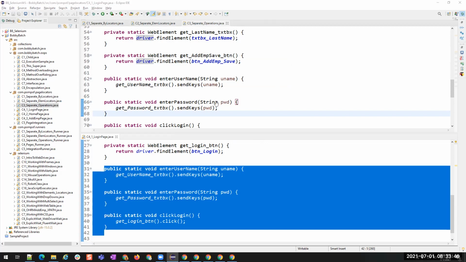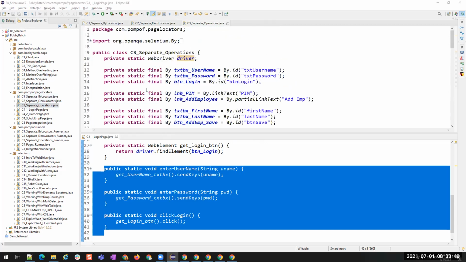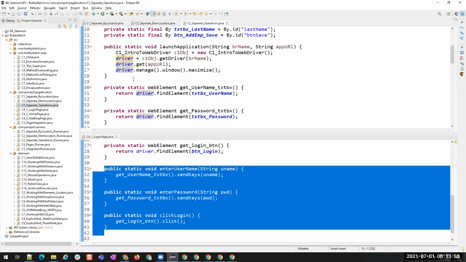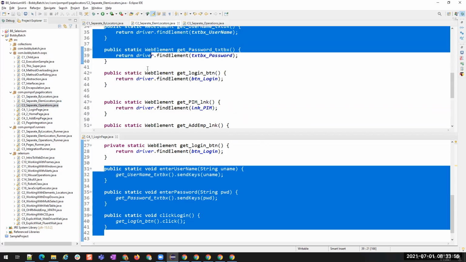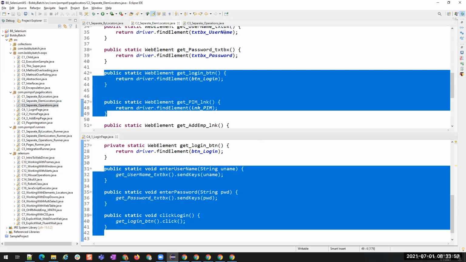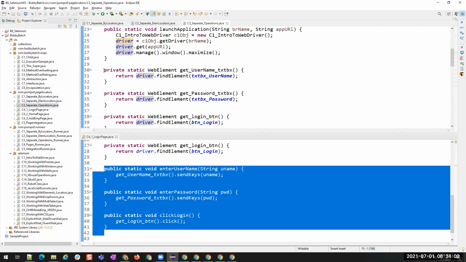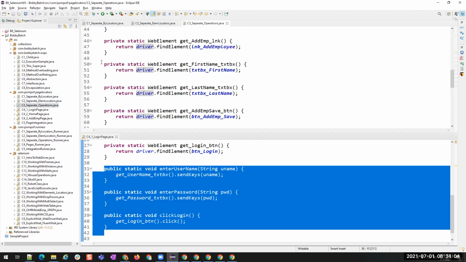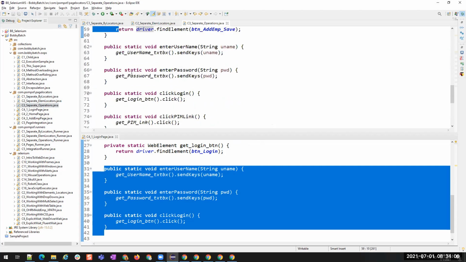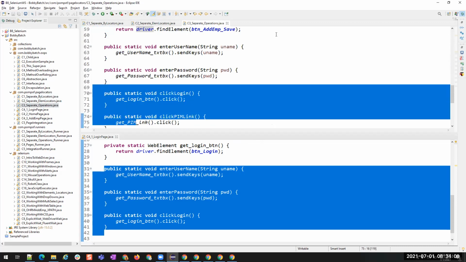Just to make you understand, I went level by level. First level, I had only by locators. Second level, I had by locators and the methods which are returning those elements. And third level, I have the by locators, the methods which are returning the elements and the methods which are performing the operations. Understood?